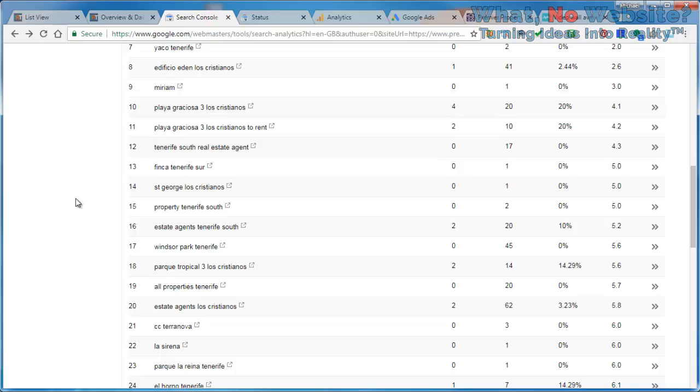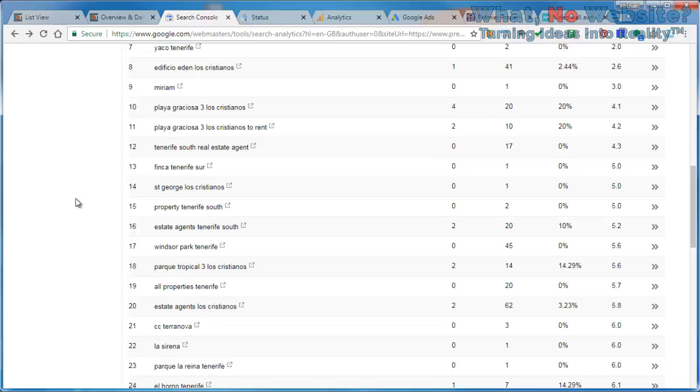In my own case, for What Know website, we have, I think, around 40 to 50% of the traffic to that website comes purely from social. And of course, some of those convert to sales. I don't think it's a stretch to say that the more traffic you drive to a website, the more business you make. And we can see here on this report as well, there are other search terms that the client is ranking for